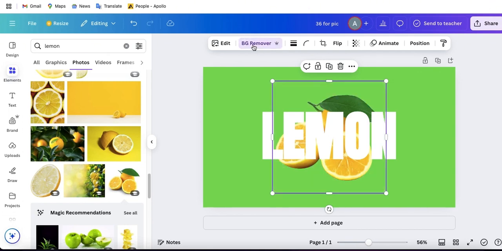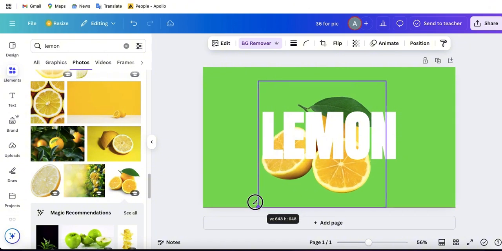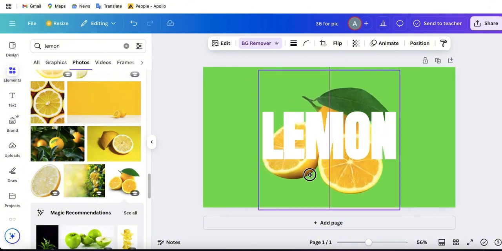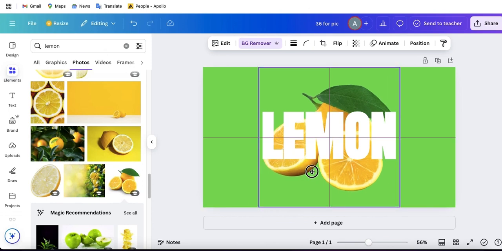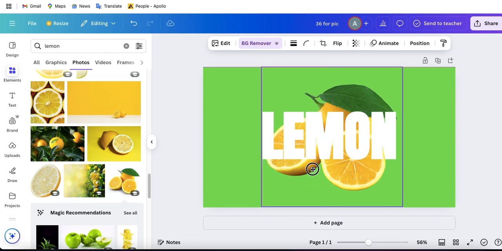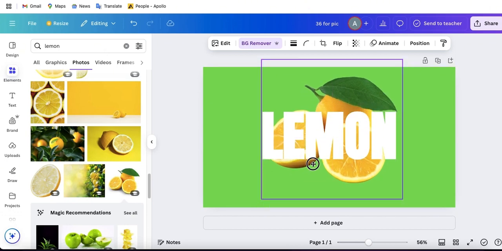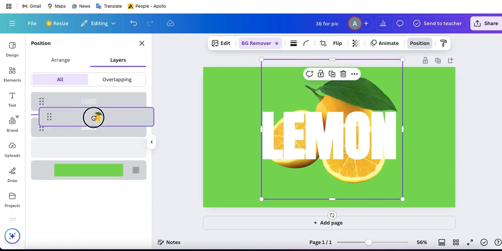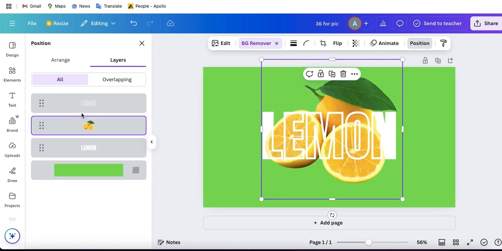and remove background, increase the lemon photo size. Okay, and go to position, this drag and this drop,